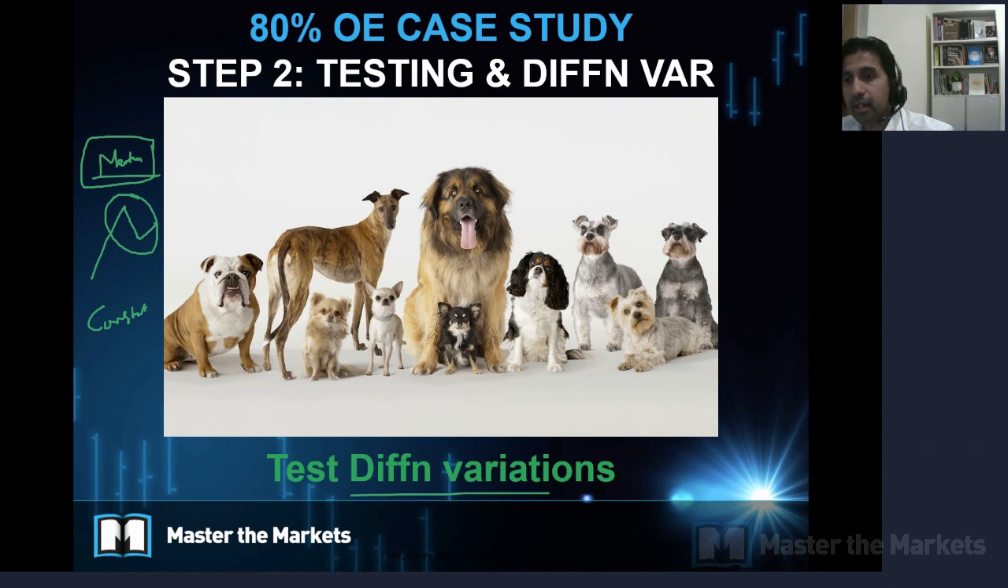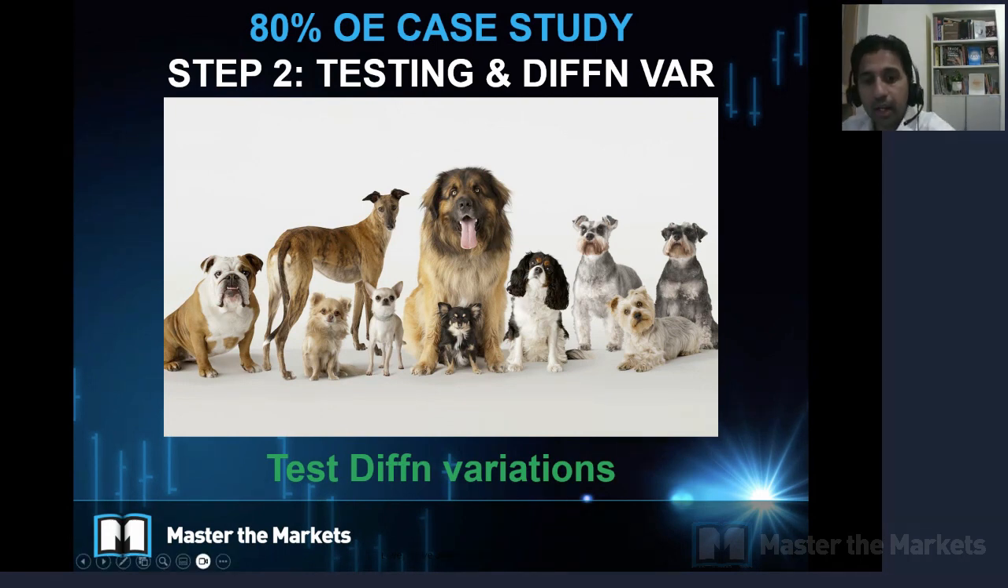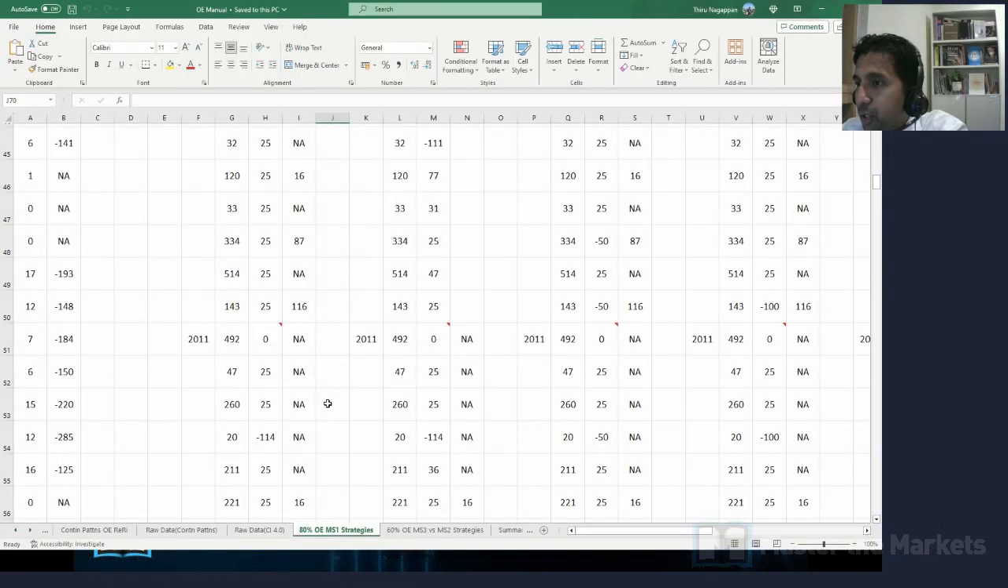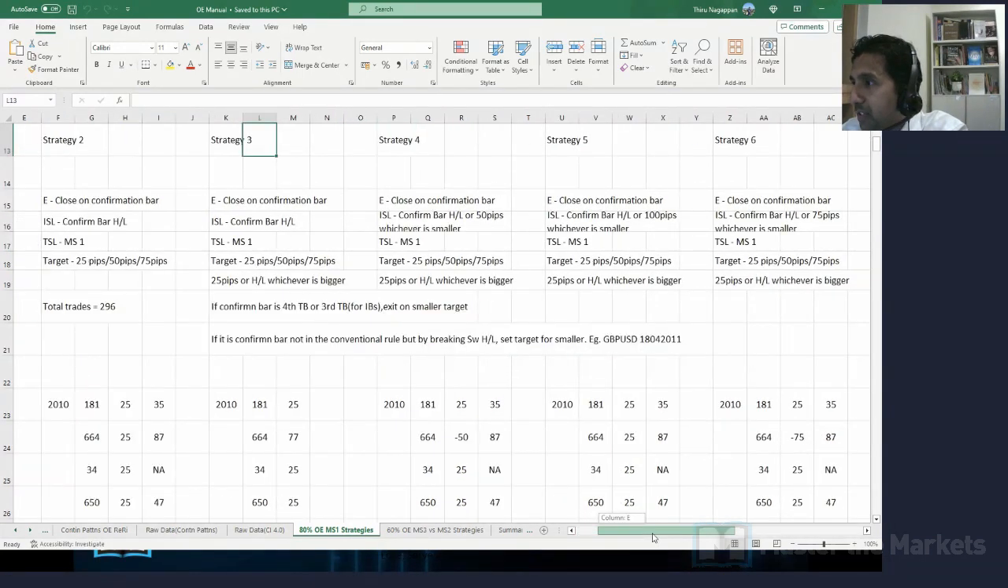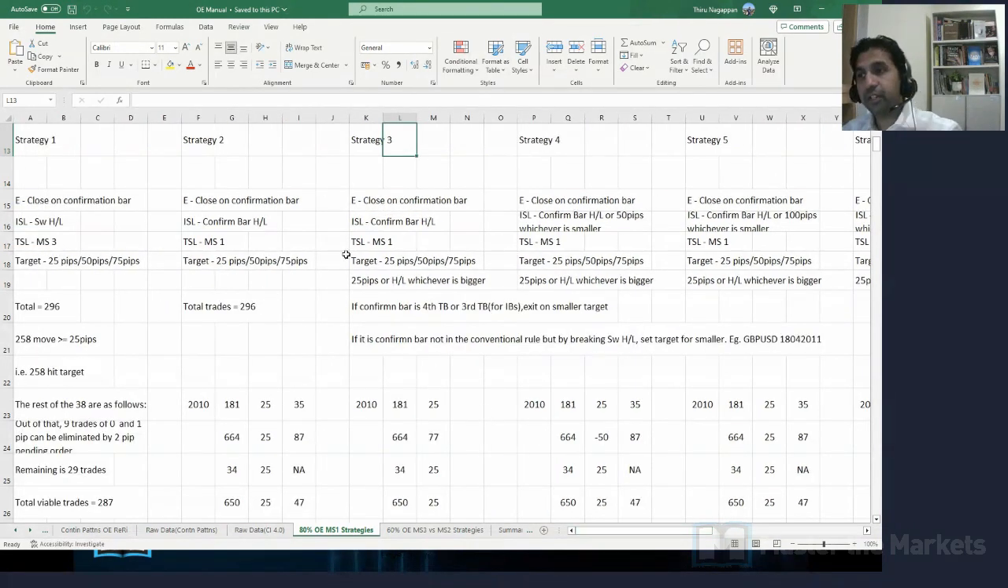Okay, so over here you can see that in terms of the different variations, what we then do on the spreadsheet here is attach the different variations, strategy 3, 4, 5, 6. Now, to come up with the different variations, you need experience, and that's why you would need a